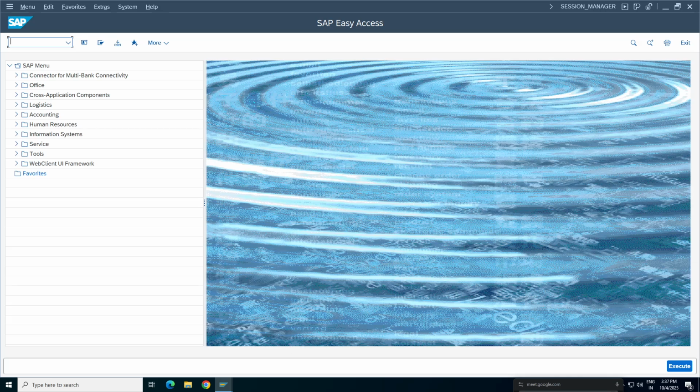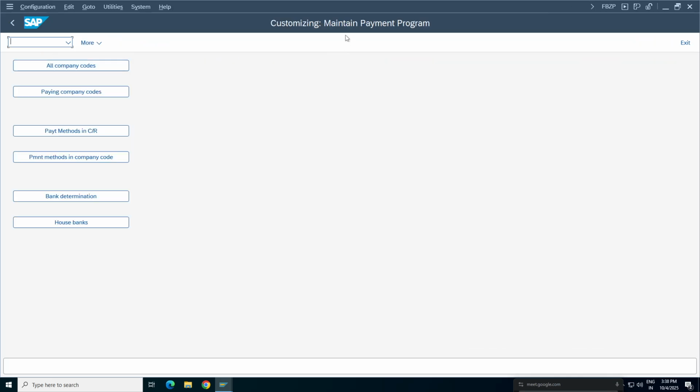Okay, coming back to the topic. So banking, we are learning now automatic payment. Manual payment, you already saw using the F-53 transaction. You'll do the payments now. And one more thing, at the time of GL master creation, I'll explain. So there is a transaction code called FBZP. This is a transaction code which gives all the customizing settings,